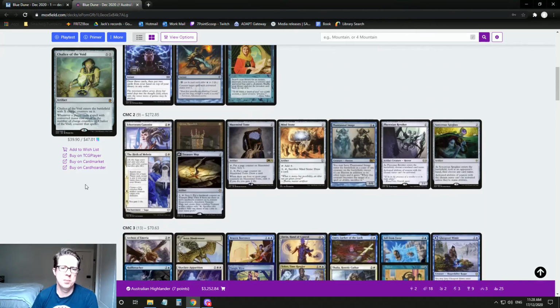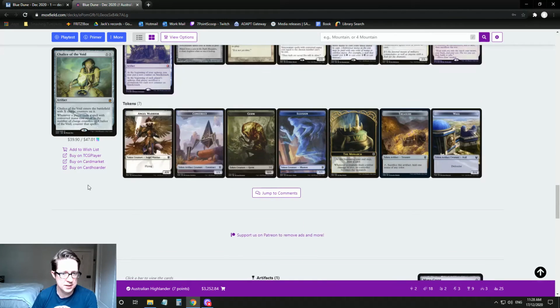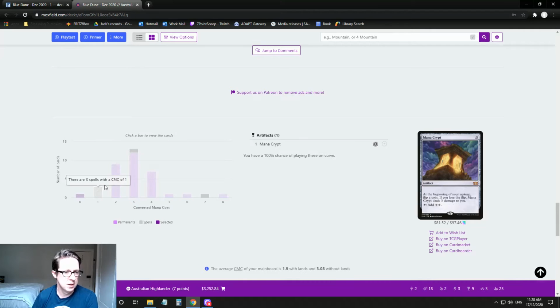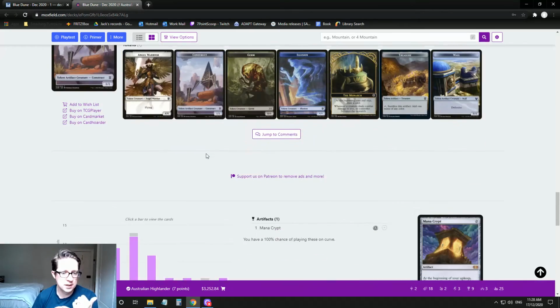So let's look by curve. The curve is quite funny. Okay, so I don't have many 1-drops because I want to try and attack 1-drops at least post sideboard. So I'm all 2s and 3s mainly, with a few 4s and payoff spells up the top. Okay, my points are